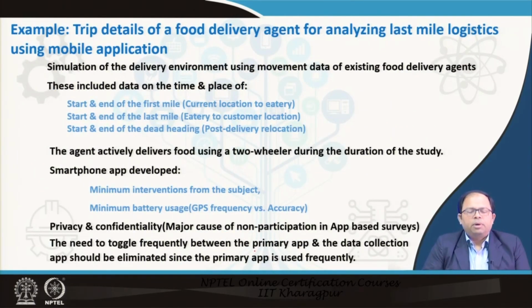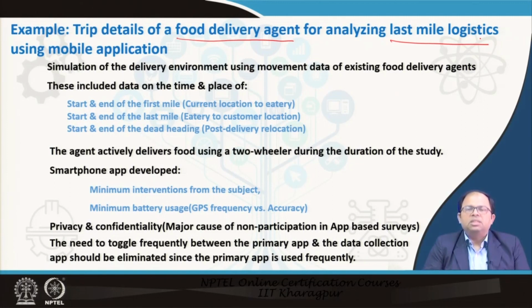So this is one of the examples that we can discuss, for example, trip details of a food delivery agent for analyzing last mile logistics using a mobile application. So food delivery, we know that different companies deliver food to an individual's doorstep when he gives the order through his smartphone mobile application. And last mile logistics actually refers to the connectivity at the last mile, and the way this connection is achieved,